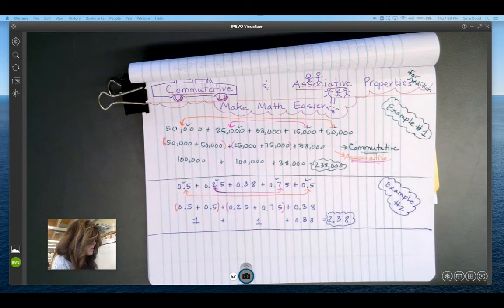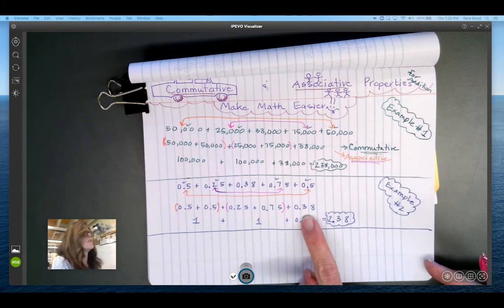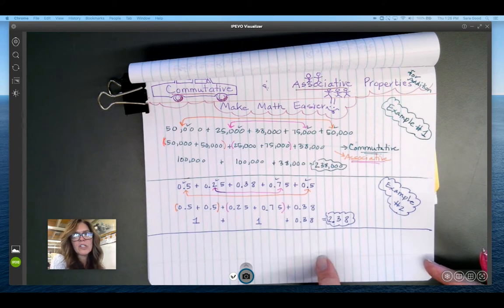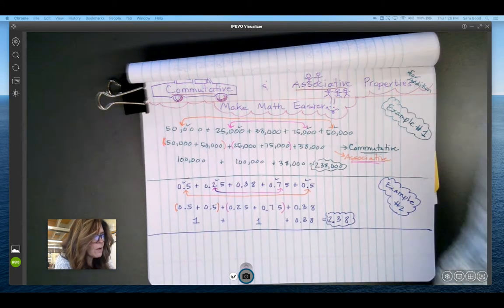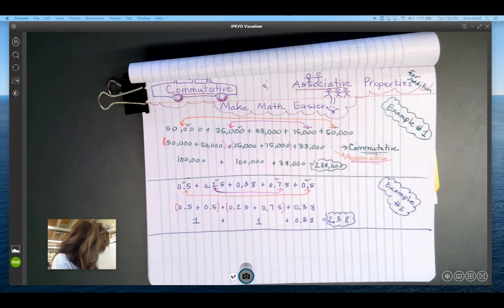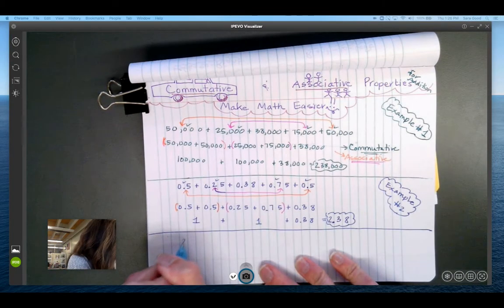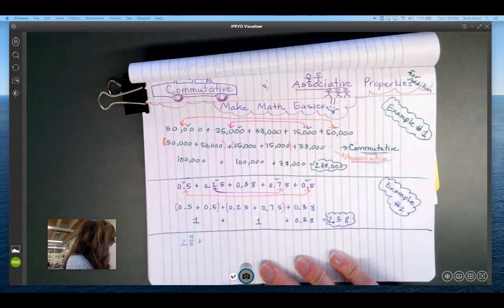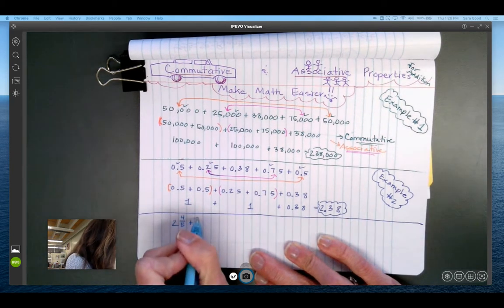Alrighty, so we did some whole numbers. We used commutative and associative with decimal numbers or decimal fractions. Now let's just use it with real fractions, like regular fractions. Oh my gosh, let's review on that. What if we, new color, what if we were to add these fractions together? 2 and 4/5 plus 3/4